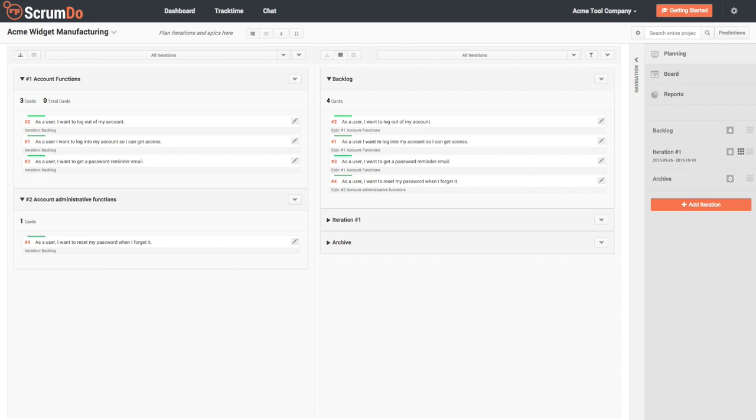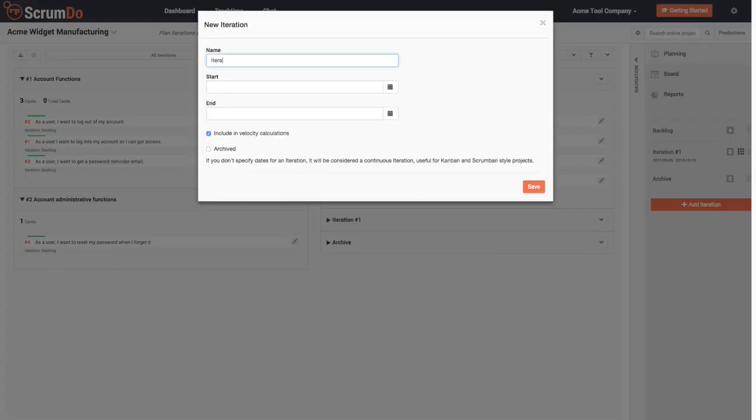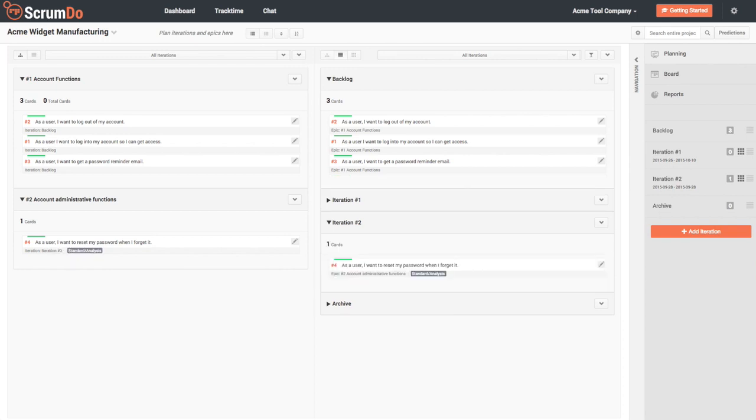By default, ScrumDo creates your first iteration for you, but I'm going to show you how to create one here. Click the Add Iteration button, give it a name, and select the start and end dates for your iteration. When you're ready to add work to your iteration, you can open it and drag work from either the epics or from another iteration. Alternatively, you can go to the board of your iteration by clicking the small board icon,